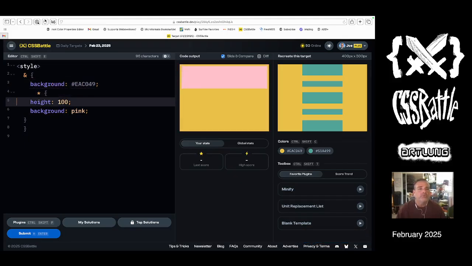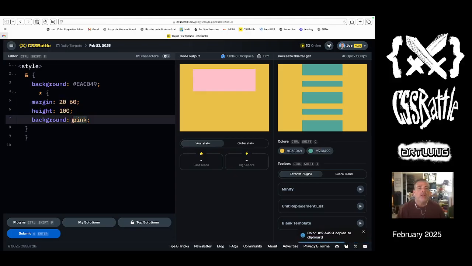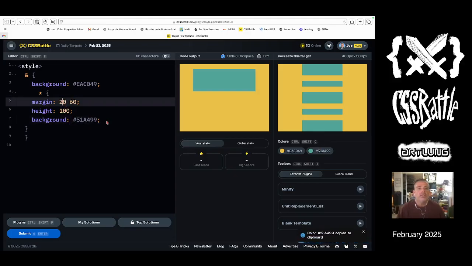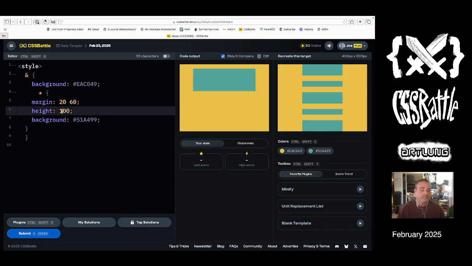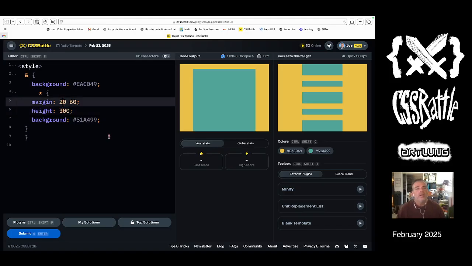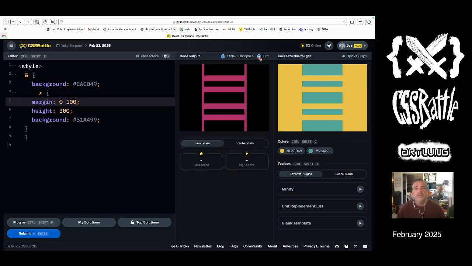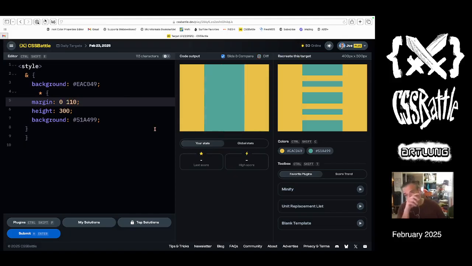We're going to move the margins inside the body. We'll start with a background that's the color, and then we need to figure out a height. It's probably going to be 300. Yes. We're going to need to set margins that align, 110. Sure. And then that's it. So the question is, how little code can we do